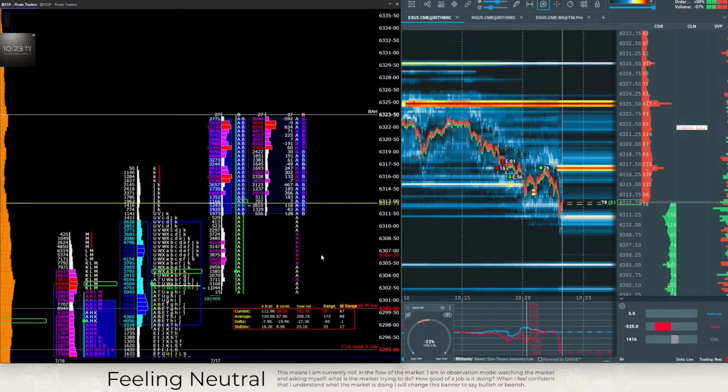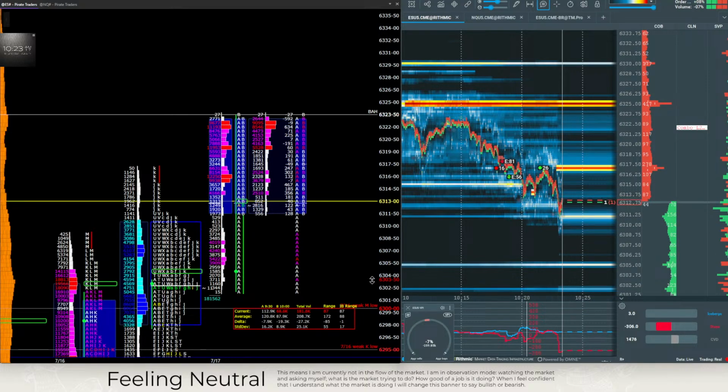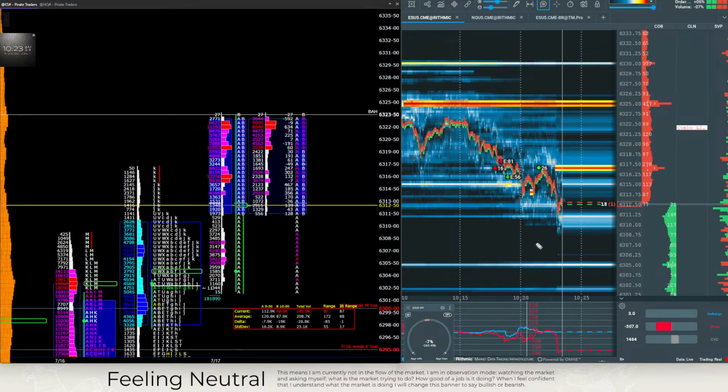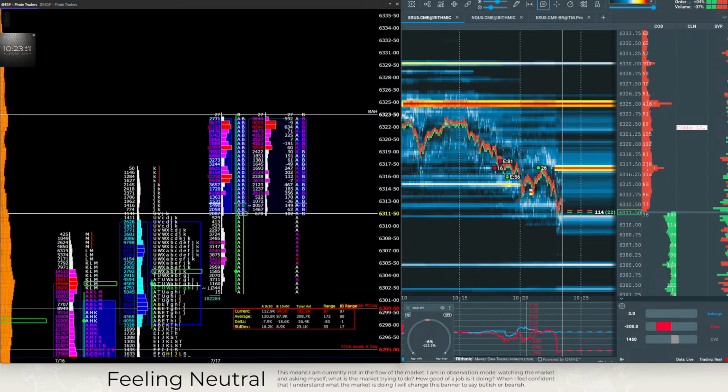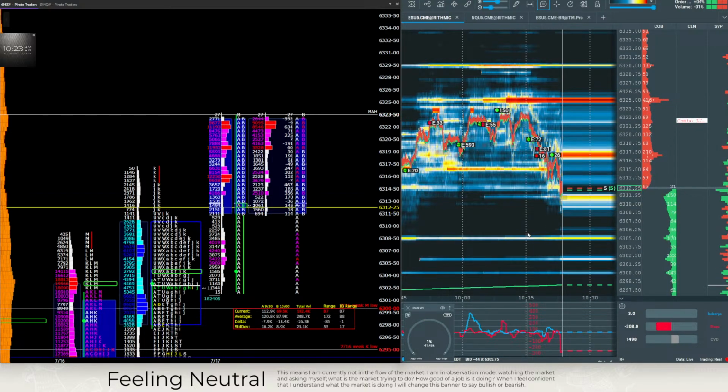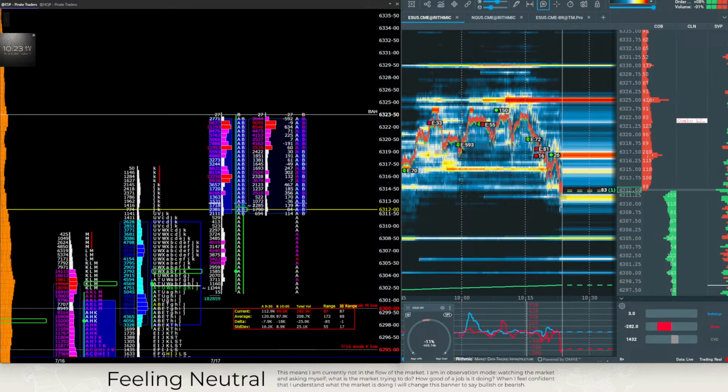ER says, I thought those liquidity targets on Bookmap act as magnets. Yeah, they're magnets both ways, though. They can be positive magnets that pull the market to them, or they can be negative magnets that push the market away from them. And you can only know by observing what happens at the moment that the magnet is created or that the level is created. So for example,